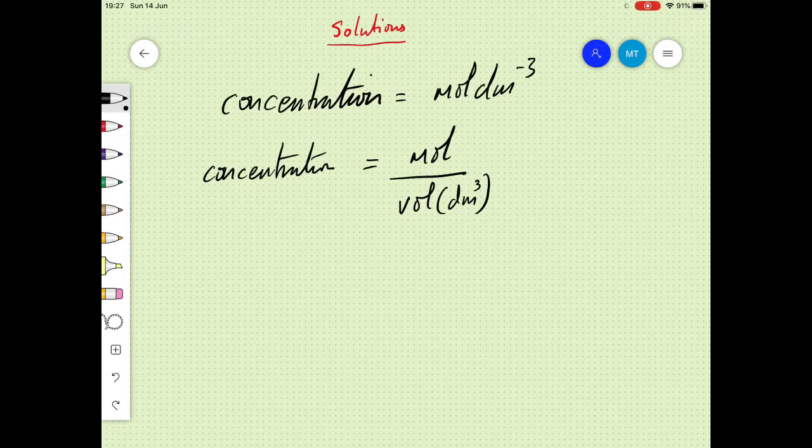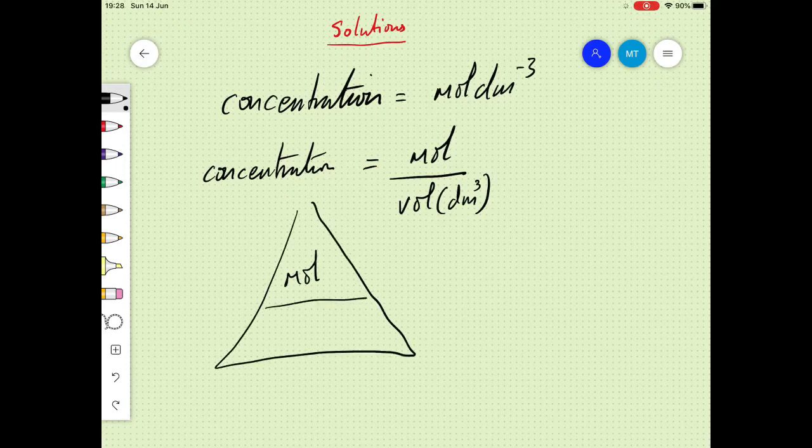So we can draw a quick triangle if we wanted to. We put moles at the top with concentration and the volume on the bottom, but the volume is in decimeters cubed, remember. That's just normal decimeters cubed, not per decimeter cubed. Sorry about that. Okay, so you've got decimeters cubed,